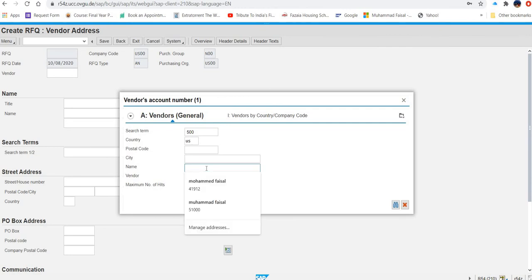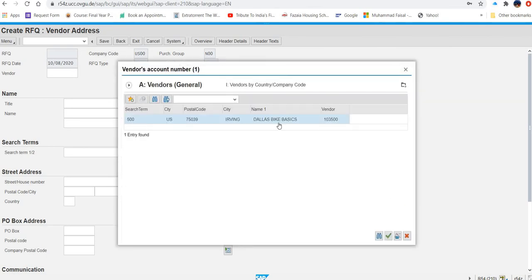They are saying Dallas Bike. So what I am doing, after Dallas Bike, I am putting a star and then search. Let's see which vendor comes. See, this vendor comes. So I select this vendor.